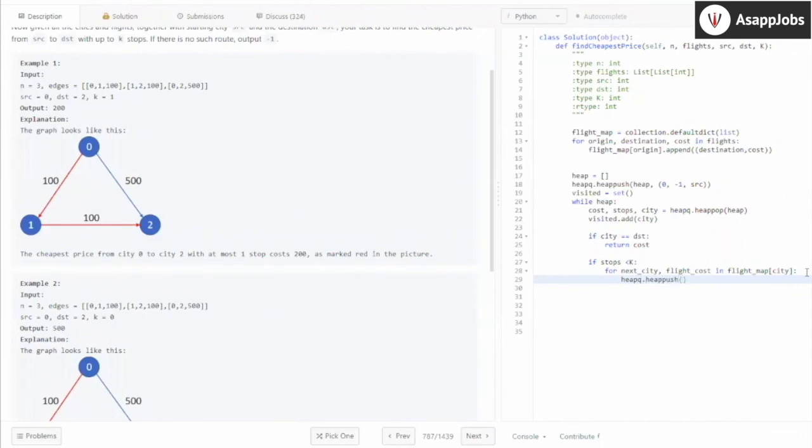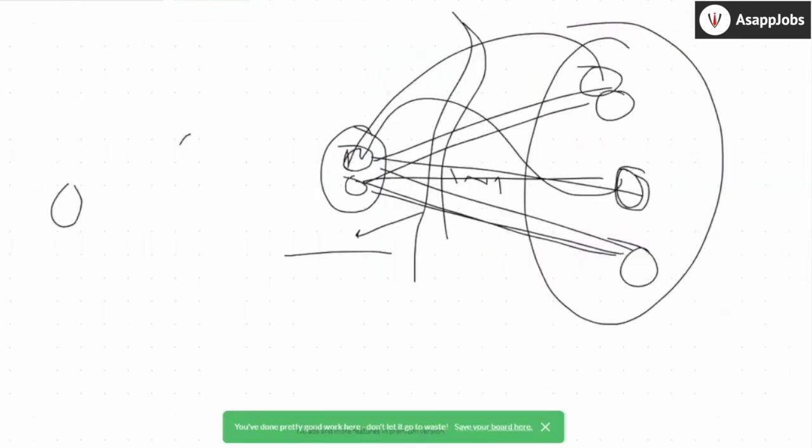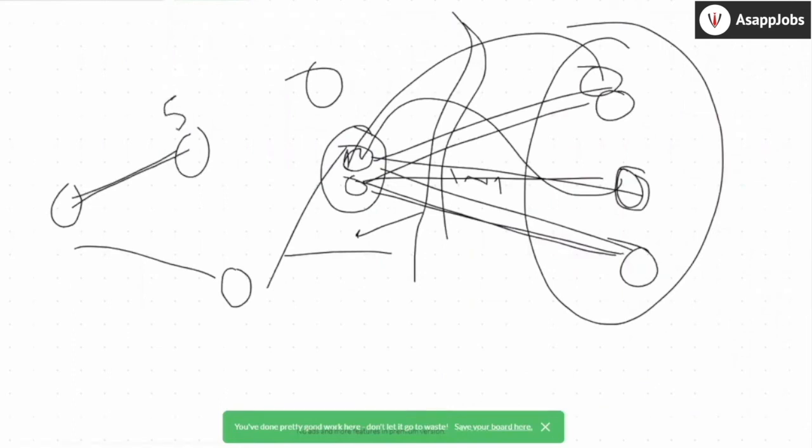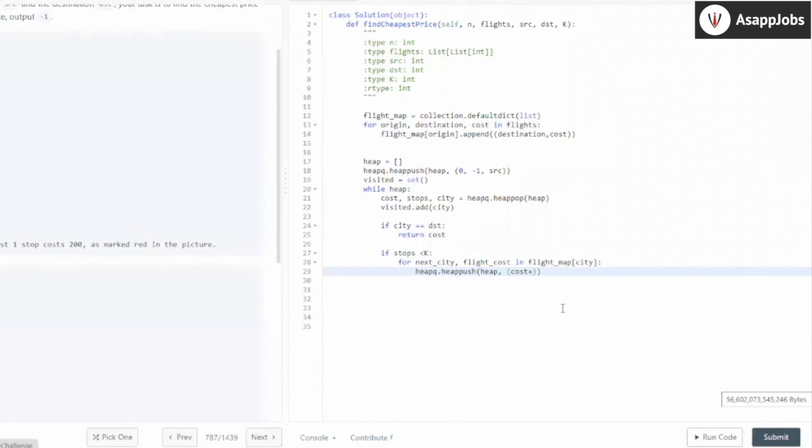Push, and you are adding it here. Now, once you consider a particular vertex, the cost has to be updated for that, right? In our graph structure, if I can reach from here to here with a cost of 5, and this edge is 7, so I can reach from here to here with a cost of 12, right? That's what we did in Dijkstra also. You add the weight of each edge along the way. So my cost will become cost plus the new cost that this city can give. What's the new cost? That's the flight cost. So you add the cost there.